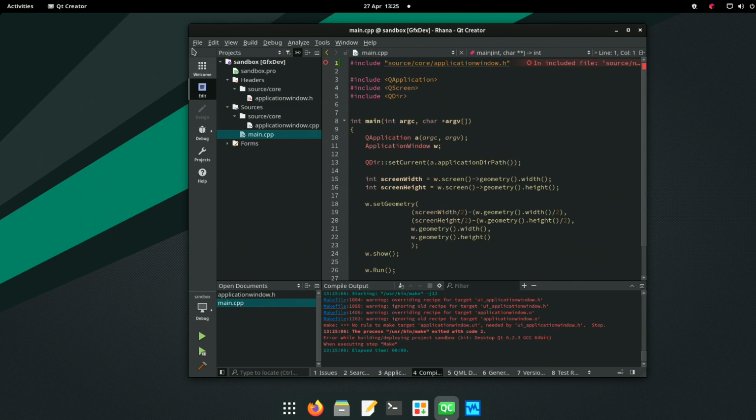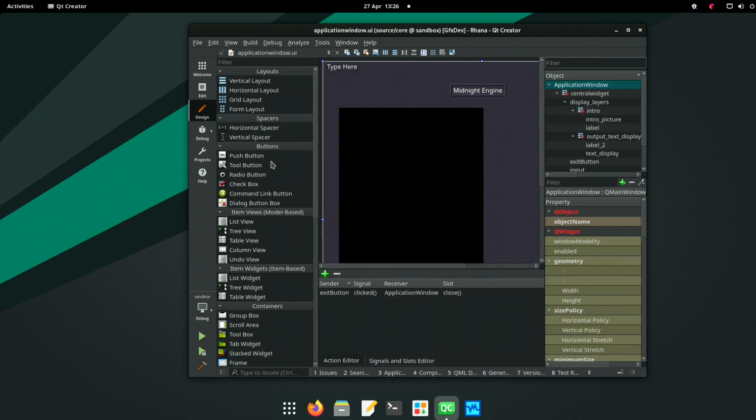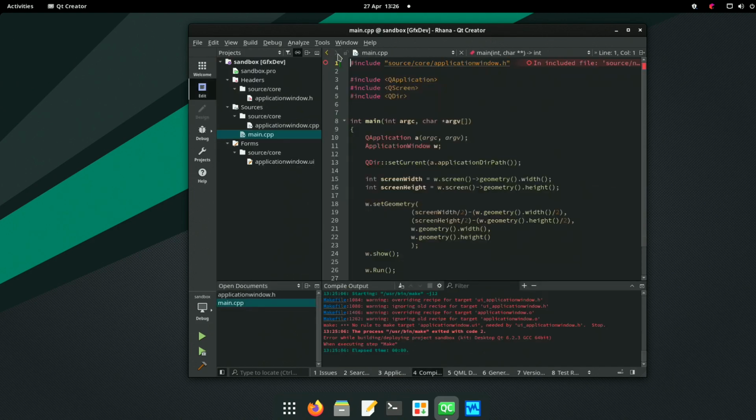Overriding, ignoring. Oh God, yeah. I'd forgotten about that. I don't want it on that screen. I want it on the other screen. How do I get it to the other screen?